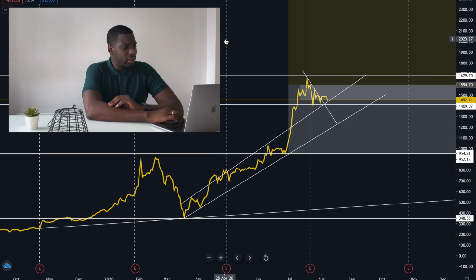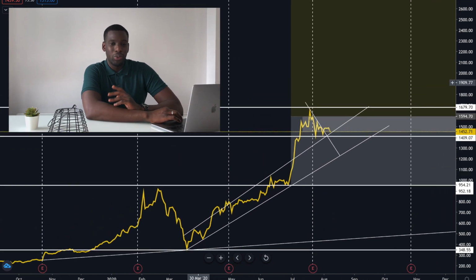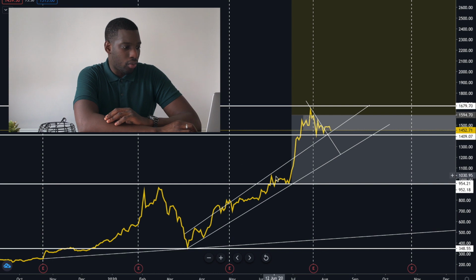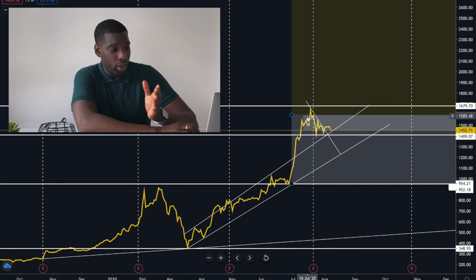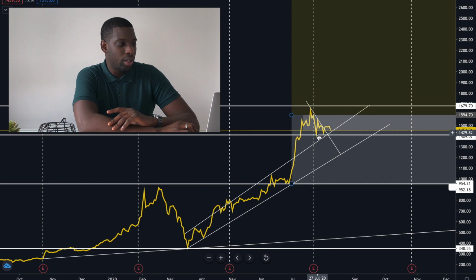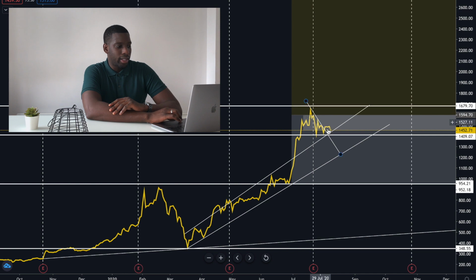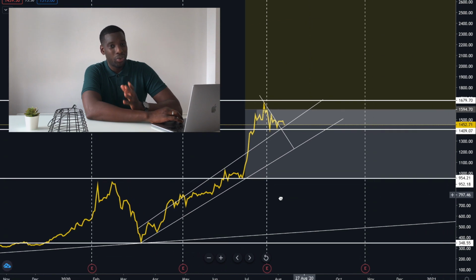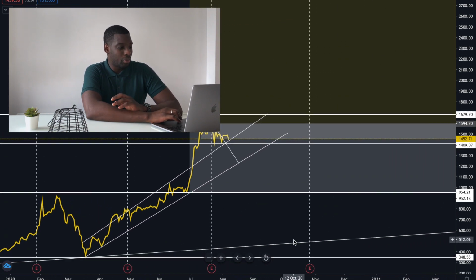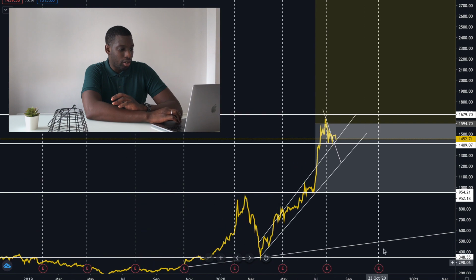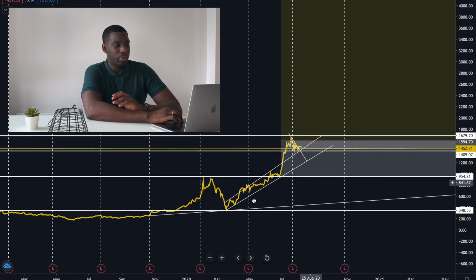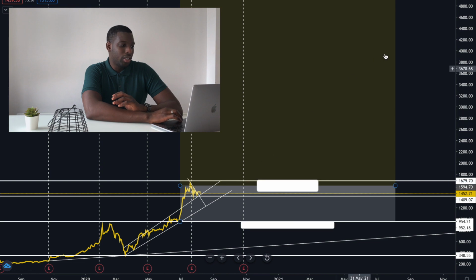Let's take a look at the charts just to see if there's anything that we can see there. It looks like we've had a rather uneventful week, right? Since our run up all the way to the resistance, we've been tracing back down to a support level. We broke the trending resistance right here, which you can see here. And I think that we're gonna stay in this channel until Battery Day, but I'm not sure. Hopefully what I want is the stock to go down so we can load up on some more shares because we're thinking long term, right? As we always preach about in this channel. So yeah, it's gonna be interesting to see what happens over the next coming weeks.